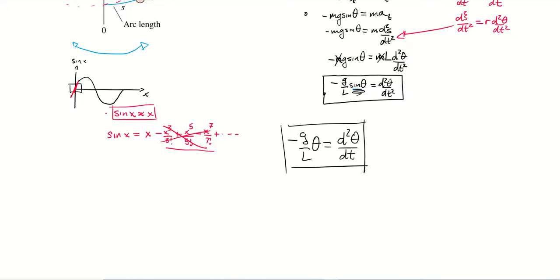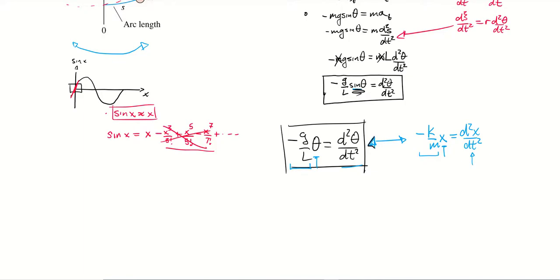Now, we can compare this to what we saw with the mass on a spring. If you remember what Newton's second law gave us in that case, it was negative k over m times x was equal to the second derivative of x with respect to time. These two mathematical equations, what we call differential equations, are identical. We have the variable, the function we're trying to solve for, times some negative constant is equal to its second derivative. Over here we have the same thing. The theta as a function of time we're trying to solve for, times some negative constant, is equal to its second derivative with respect to time.